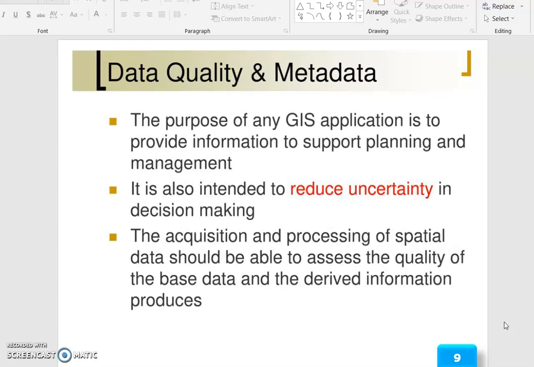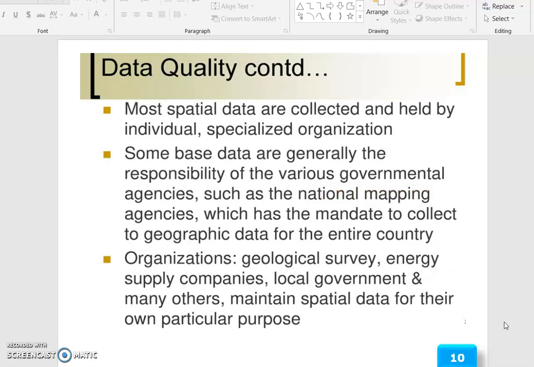Data quality and metadata. The purpose of any GIS application is to provide information to support planning and management. It is also intended to reduce uncertainty in decision making. The acquisition and processing of spatial data should be able to assess the quality of the base data and the derived information. Most spatial data are collected and held by individual